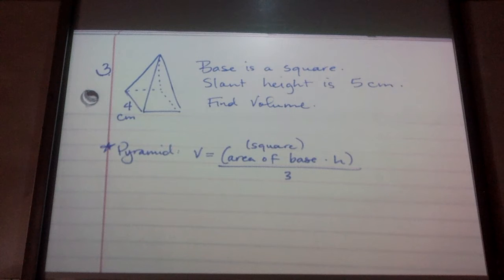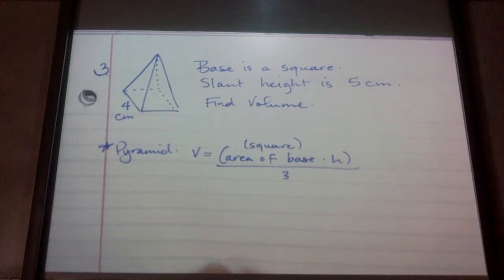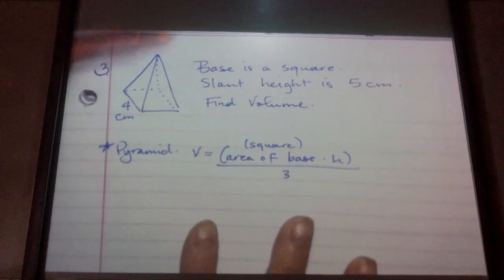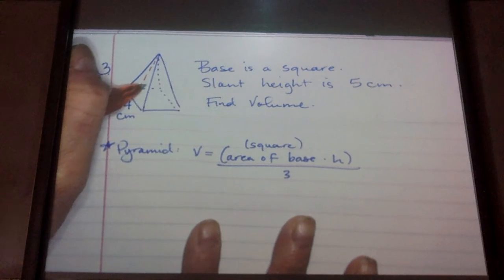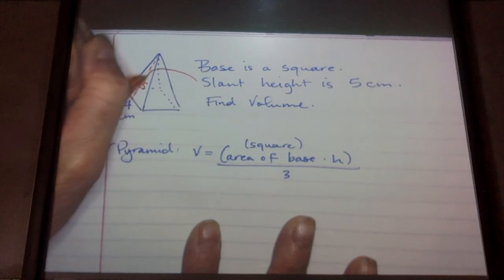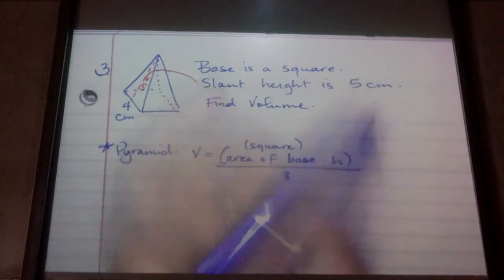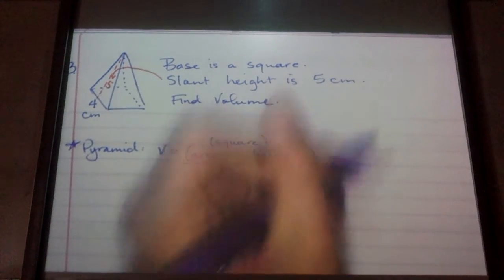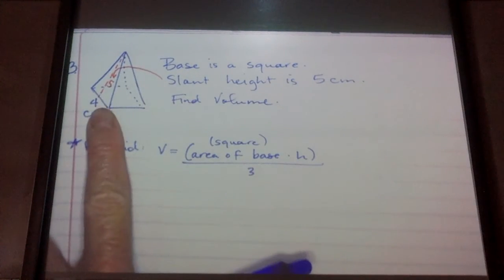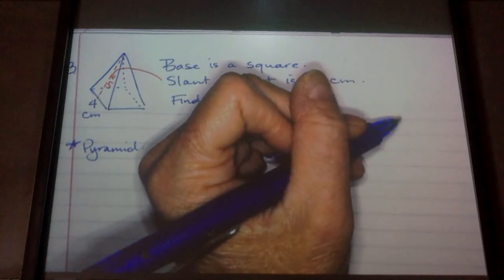Now, I don't know what the height is. I know what the slant height is. Slant height means that on a slant, right there is 5. Okay, so if I was to draw that out, because we're going to need to know the height of this object, I'm going to draw this triangle that I have here so that I can find the height. So for example,